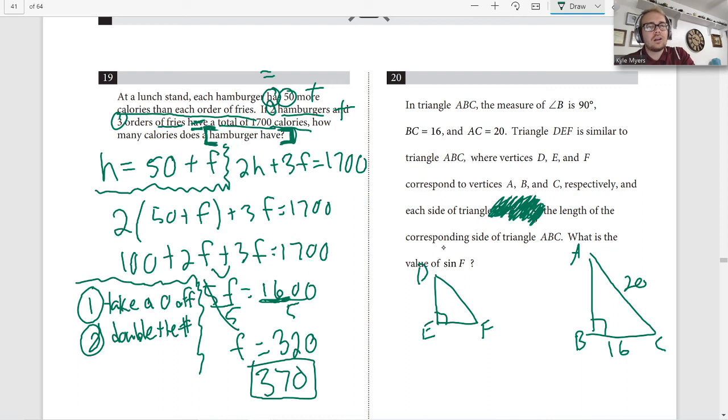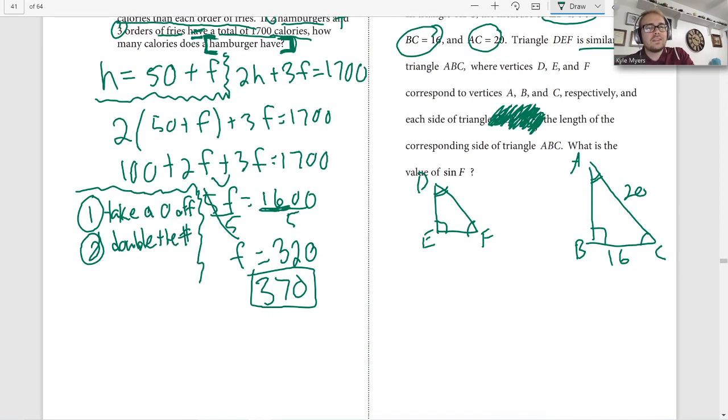If they are similar, as they say here, right? So there's some important information there. If they're similar, that means all the angles are the same. So that angle and that angle. All the angles have to be equal in similar triangles. So